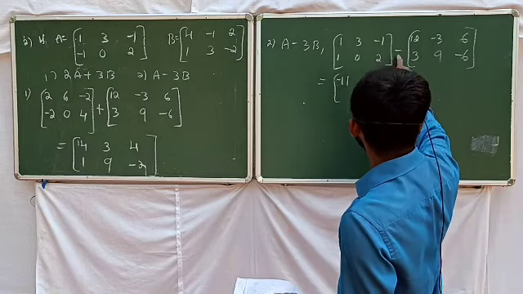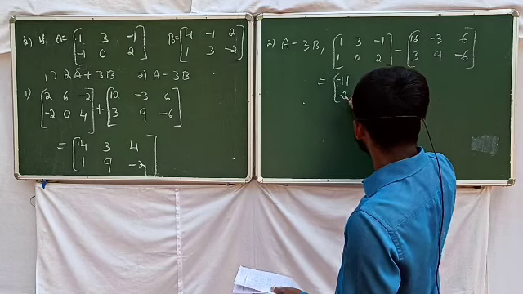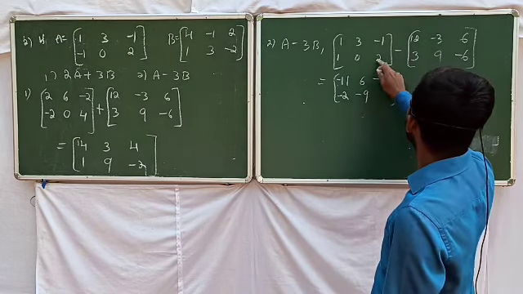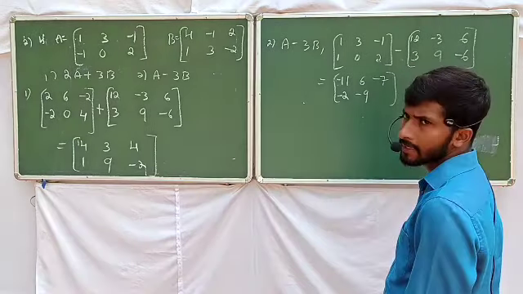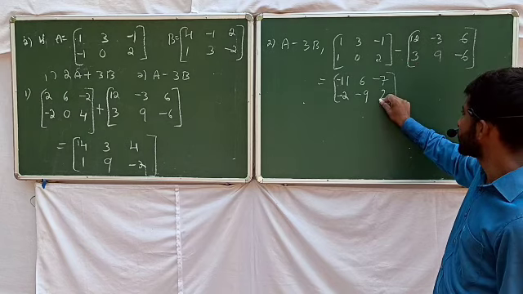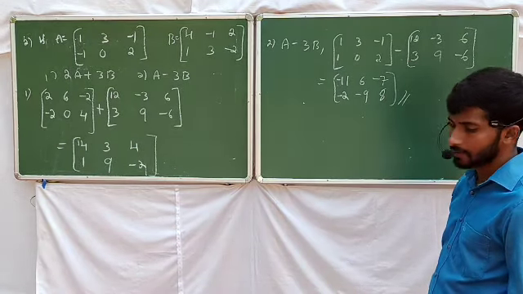Now see, 1 minus 3, value is equal to minus 2. 0 minus 9, minus 9. 2 minus into minus, plus 6, right? 2 plus 6, its value is equal to 8. It's the value of A minus 3B. Okay,